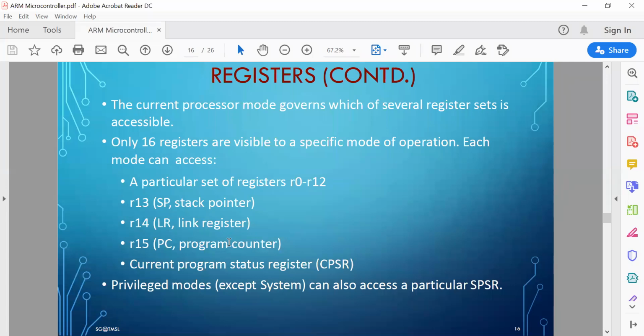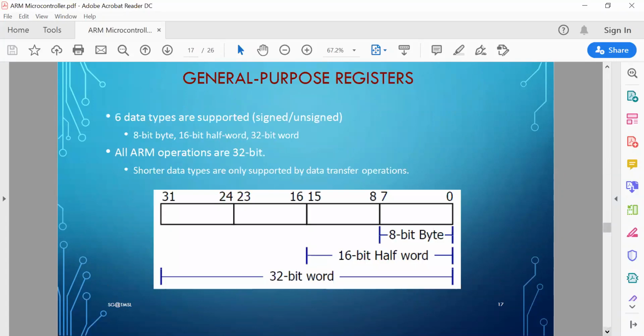Program counter is accessed as R15, and then we have CPSR. Then after that, in the privilege modes, you can also access a particular SPSR.